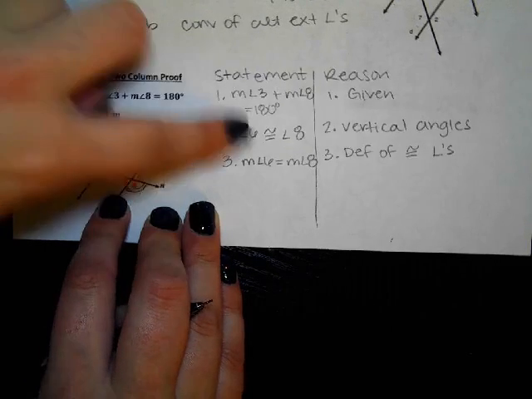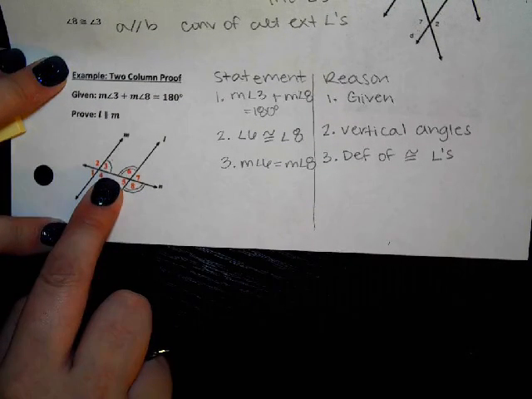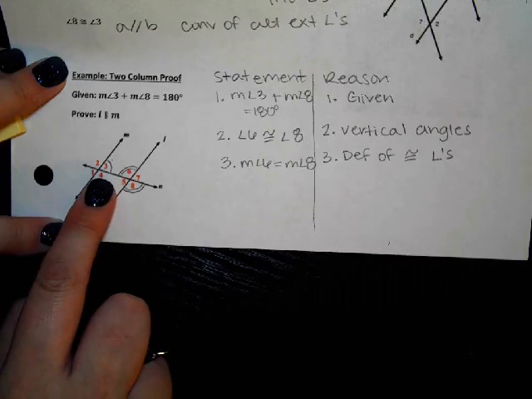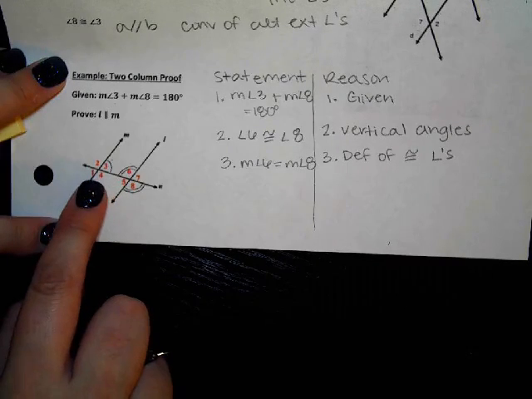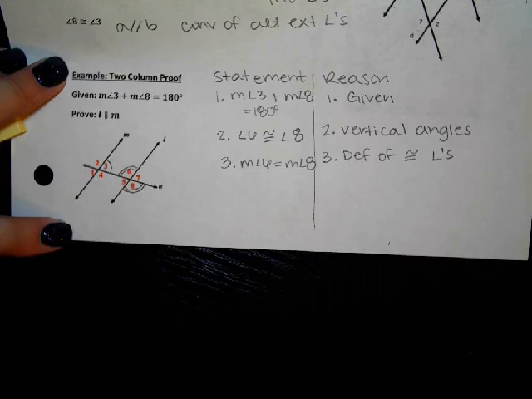Do we have enough information to say the lines are parallel? Yes, right? By what? Yeah, we're very close, right? So before I can say same side interior, I have to say 3 and 6 add to 180. Does that make sense? I'm going to say, okay, 3 and 6 add to